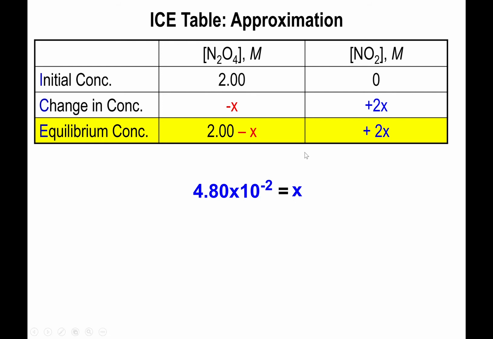So if you input the value of x into the table, subtract 4.8 times 10 to the negative 2 from 2, and multiply that value by 2 for the concentration of NO2, you're going to find out that the value of N2O4 is 1.952, which, if you keep it to the 3 sig figs, which is what you started with, rounds back to 2, right? So at least close enough, right? That's telling you that yes, your approximation introduces some error, but it is relatively okay,